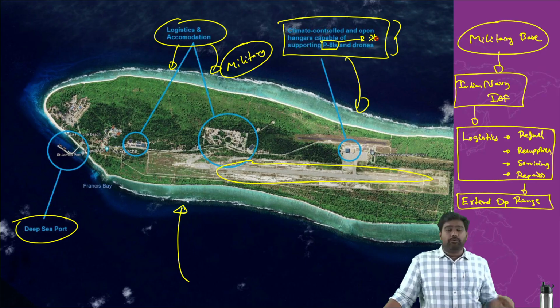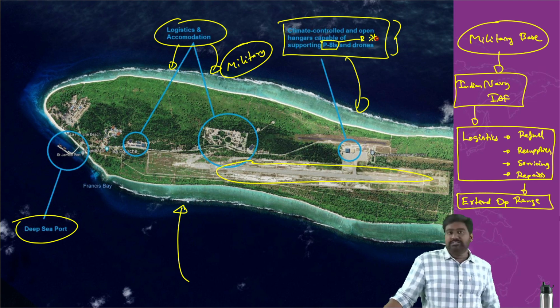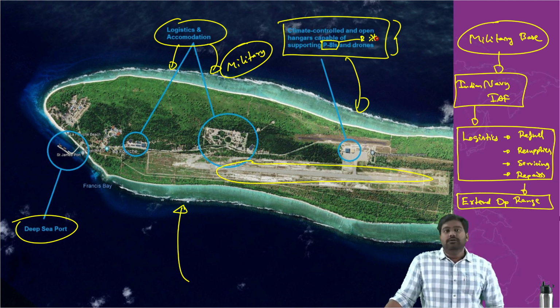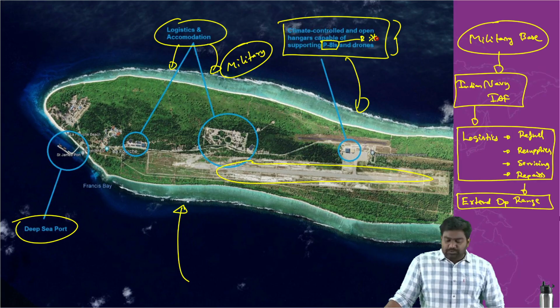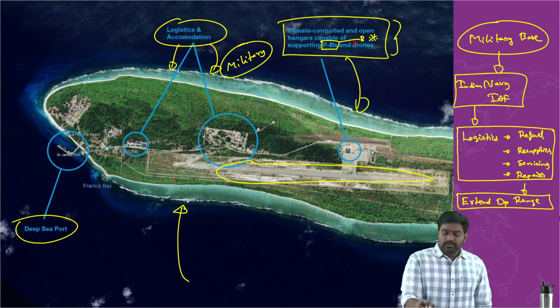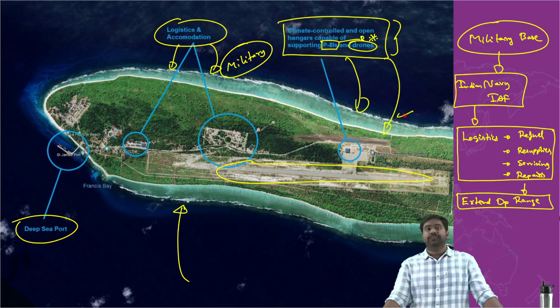It's an aircraft we have procured from the US, the P-8I Poseidon. It's a Boeing aircraft. It's one of the most advanced maritime surveillance reconnaissance aircraft. It has anti-submarine warfare capabilities. It can detect submarines underwater and even launch attacks against submarines. So Indian P-8I Poseidons have been sent here. Our drones also have been noted here. So many believe that this could be a potential military base, but India and Mauritius deny this.